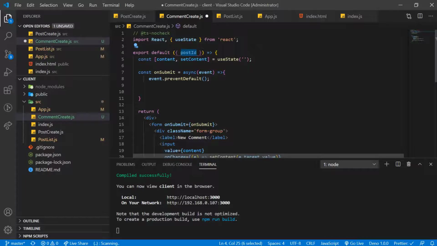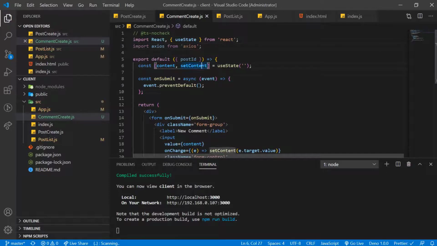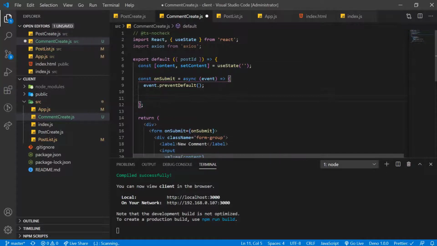Before making the request, first let's import Axios. And now let's write a post request here with the URL at which we want to make a hit. I am assuming you guys still know that our comment microservice is running on port 4001.